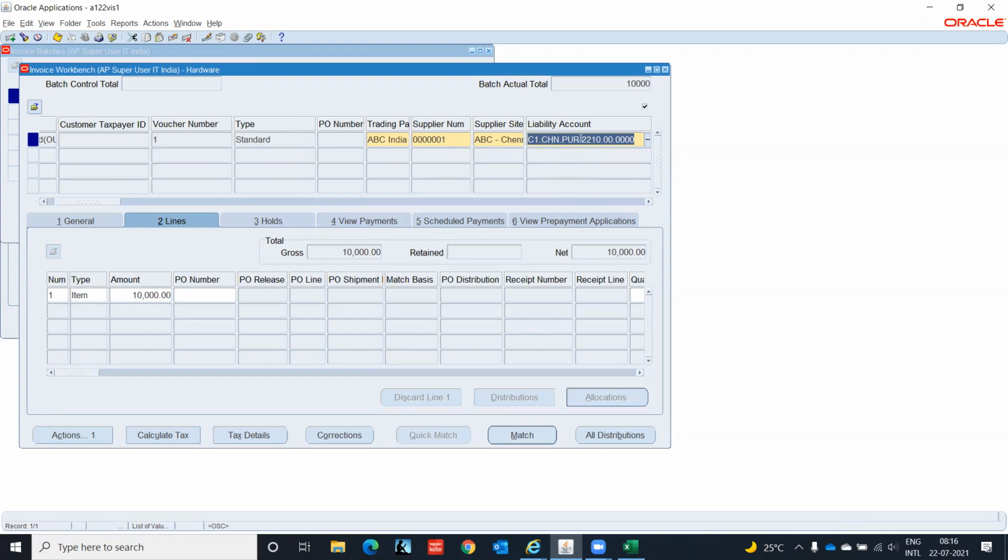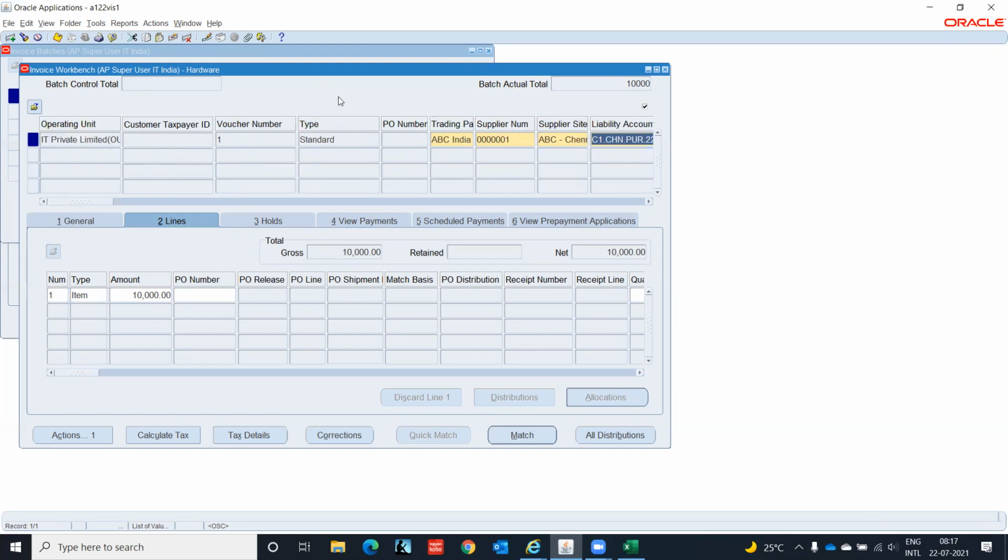This is coming from the site level. Okay. So whatever you are doing in the accounts payable module, you are recording the transaction only with some defaults and with some manual entry. Accounting we have not done till now. We are just doing the entry. Okay. This is just one, and this 10,000.